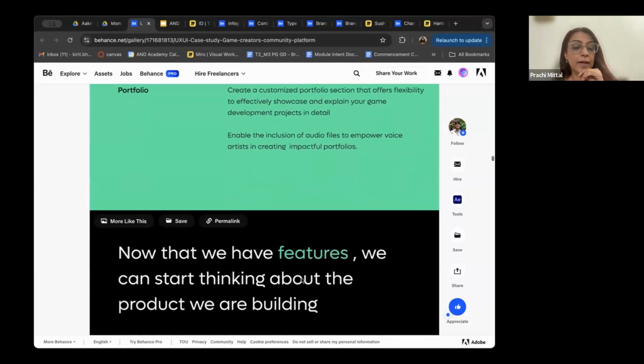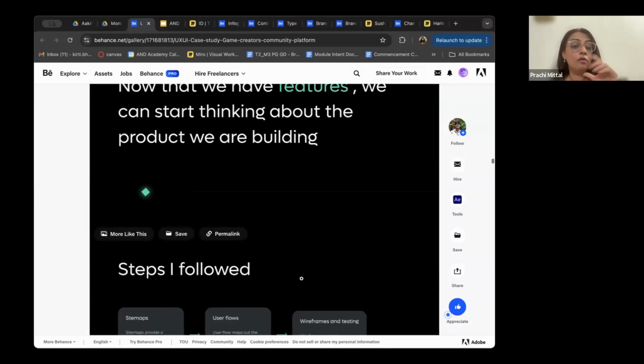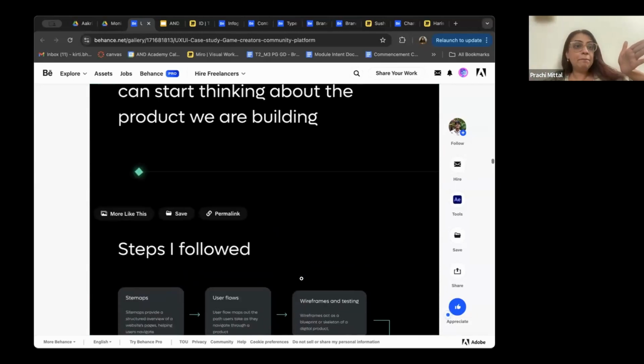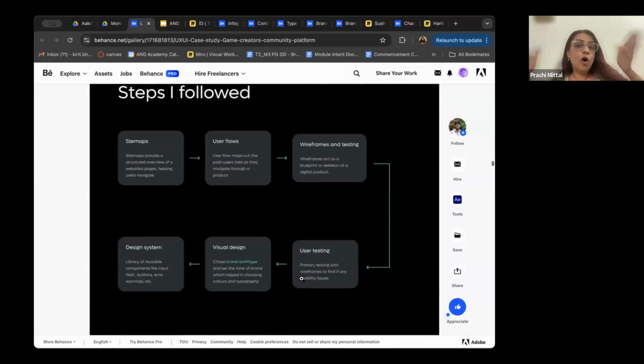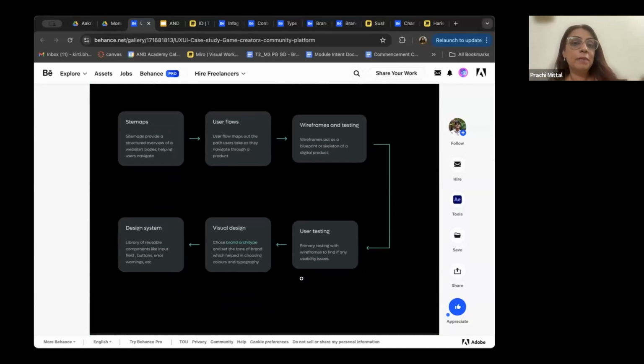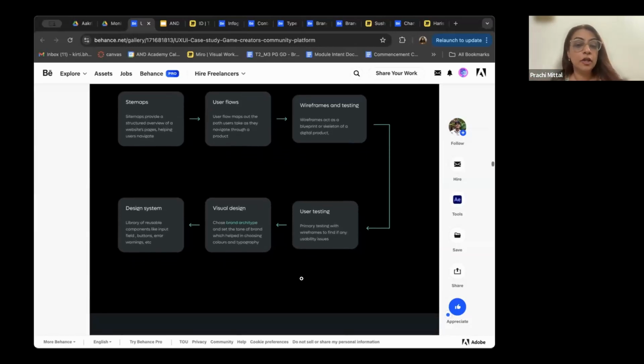Let's keep moving. Now that you have features, now what do you do? Right? So you have to design and visualize the steps that your user will go through on the application. You will think of the entire architecture of it. What are going to be my different pages? Like a building. What are going to be my different floors? What are going to be my different rooms on each floor? Am I going to have wings or corridors? And how from one room is somebody going to go into the other room? What is going to be that navigation? So these are all the things that happen, and a lot of messy process happens for this, right?